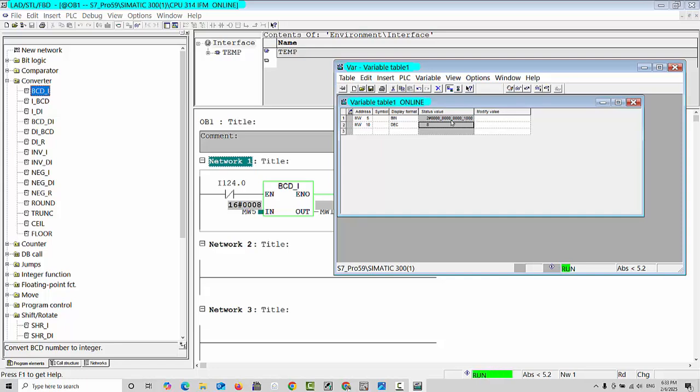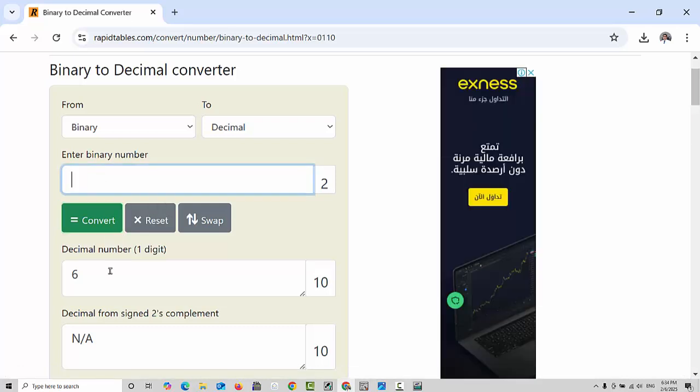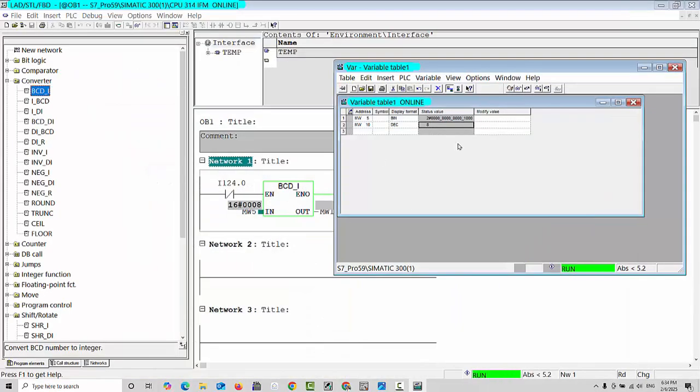And how much is coming for the 8? You can see 1000, or we can also clarify it from Google here. 1000 looks like this, and when converted you can see the decimal number 8, and it's clear now. This is a binary number; when we put it in, it automatically converts this one to 8 and shows it into